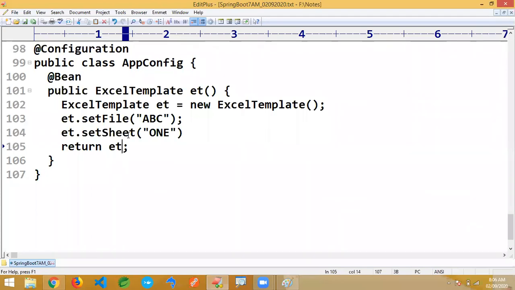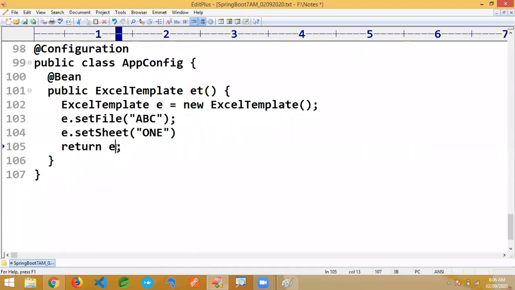Okay, got the point, everyone? Don't raise the hand, I can't understand. You can ask your question in the chat box. You can write method return type should be same, object name can be anything. You can write ABC also here, or just E also, fine. Local name, anything you can write. It's not recommended to be same. Yes, Hemant, we can create the object name separately, but it's mostly recommended.